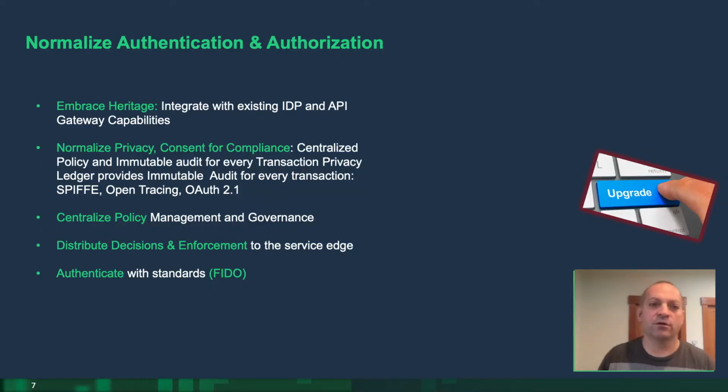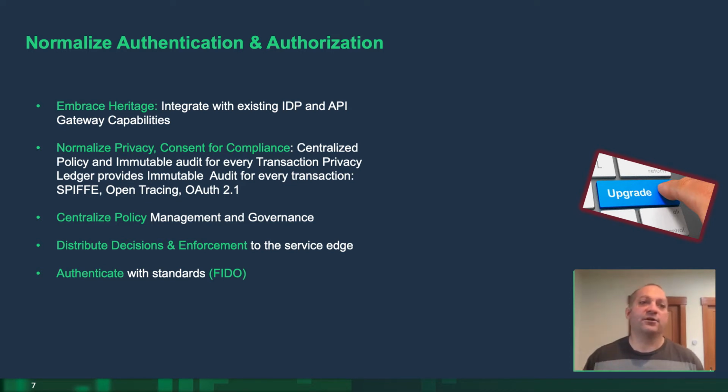And all of that is what we call normalizing authentication and authorization, so bringing a harmony to it. And it's important that we don't start by saying, hey, let's rip and replace. I think anybody who's been in the identity landscape has already experienced that, and that's a failure from the start. Meaning you've got to leverage what you already have. Your companies or organizations have spent millions, if not tens of millions, trying to bring in different IDPs, building out that sprawl. So how do you start to integrate with your existing IDPs, your existing API gateways, and your existing